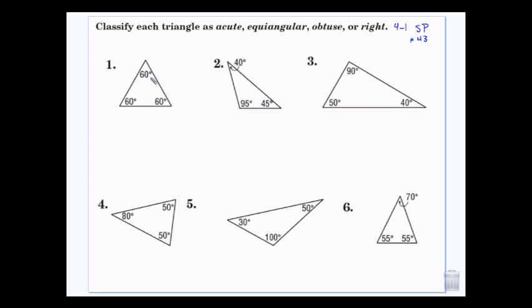I have three 60-degree angles. So that one's equiangular. I have a 40, a 45, and a 95, obtuse. 90, 50, 40. 80, 50, 50. 30, 50, 100. And finally,